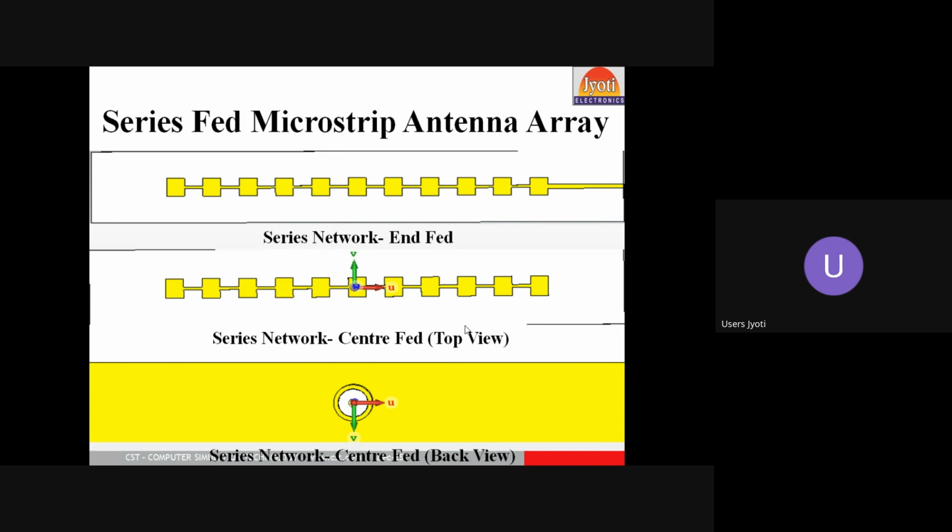That is one type of series feeding, where we use a waveguide port. The second one is coaxial feeding. All antennas are connected with the strip line, but this uses the coaxial connector, similar to an SMA connector. Particularly, the second one is the series network with center feed, or series network with microstrip